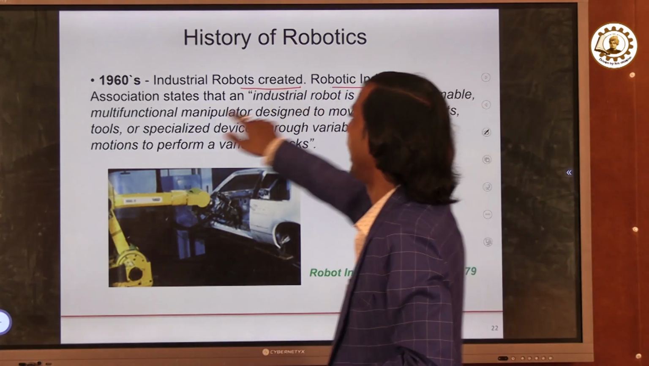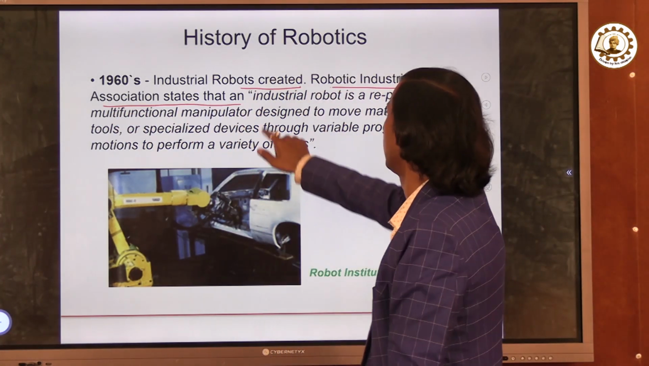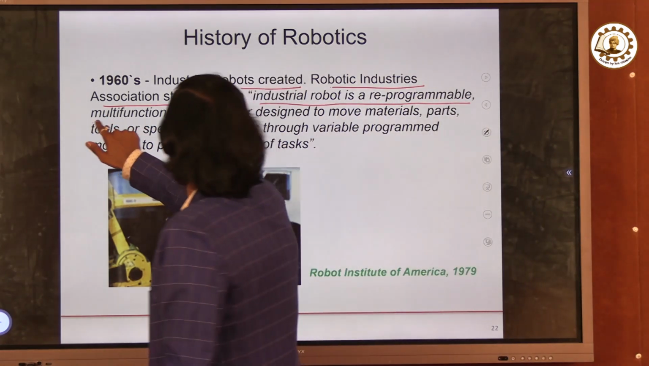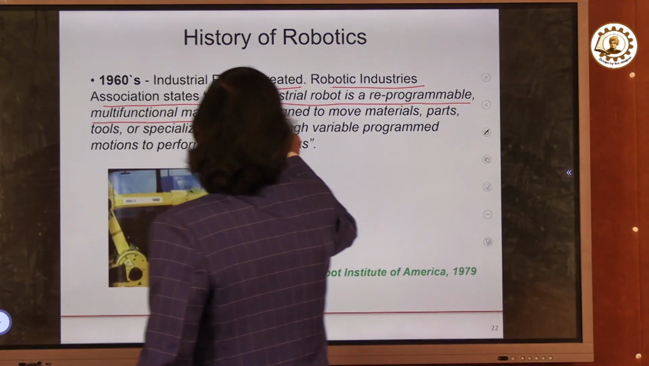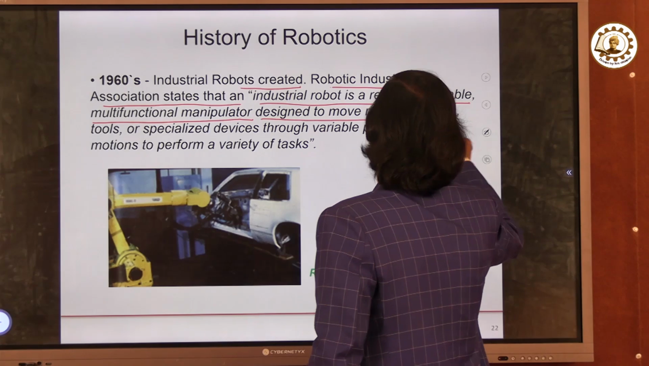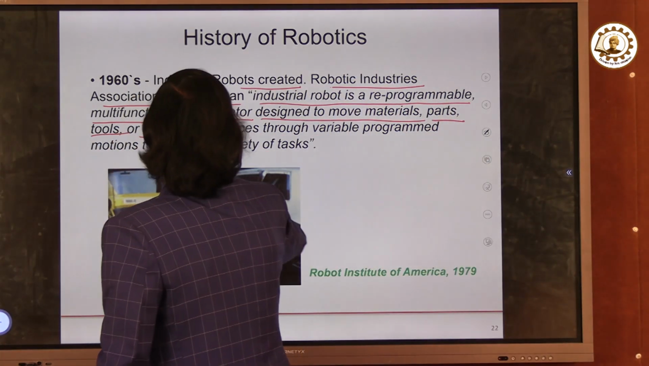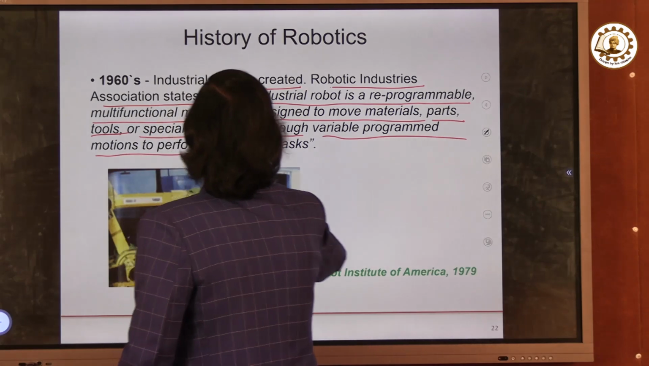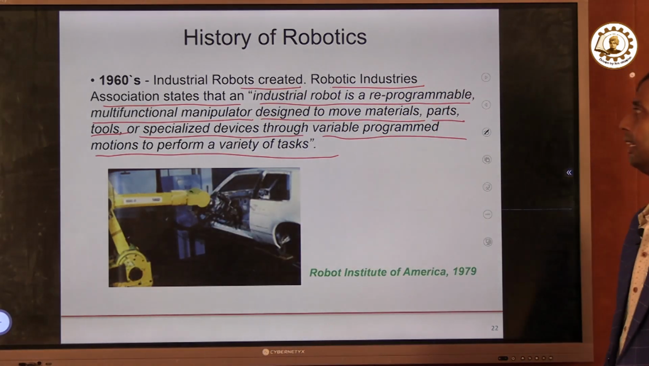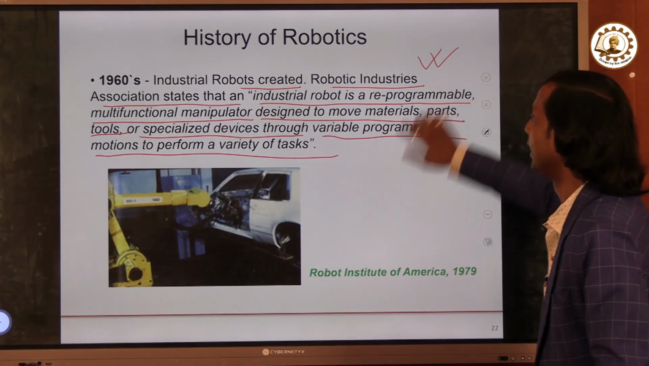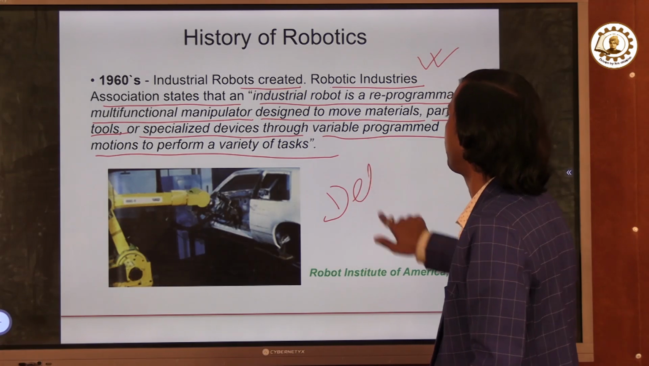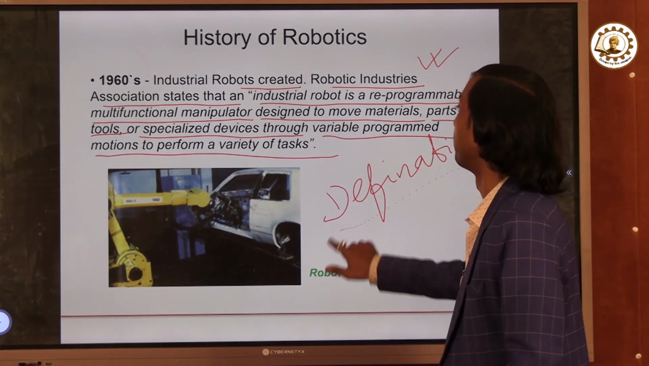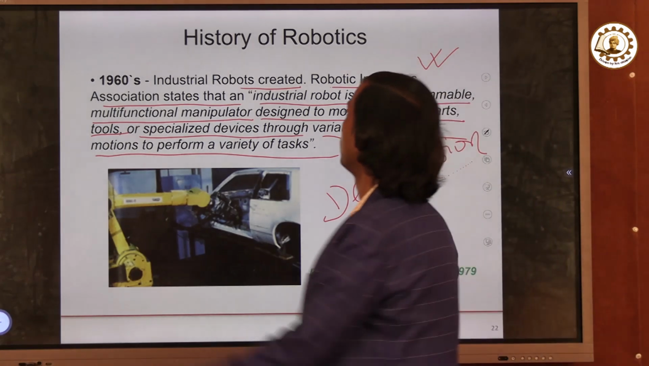Robotic Industries Association state that industrial robot is a reprogrammable, multifunctional manipulator designed to move material, parts, tools or specialized device through variable programmed motion to perform a variety of tasks. This is actually the definition of robotics. Why? By whom? The